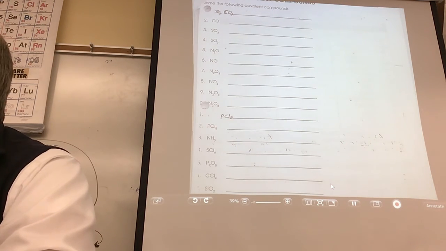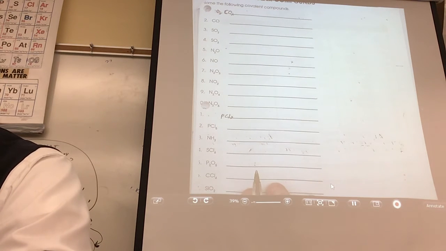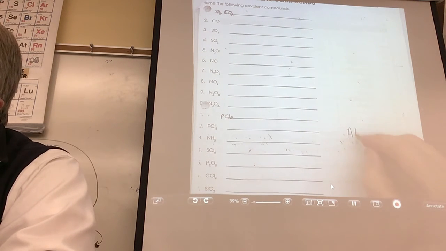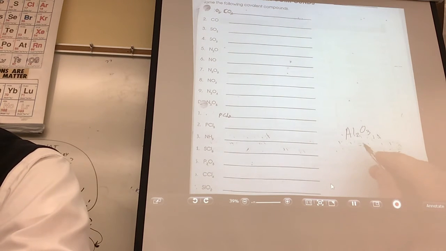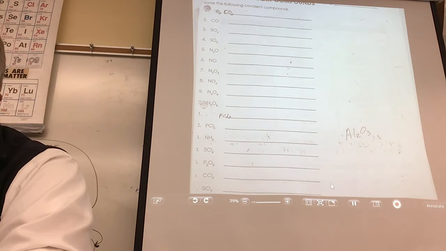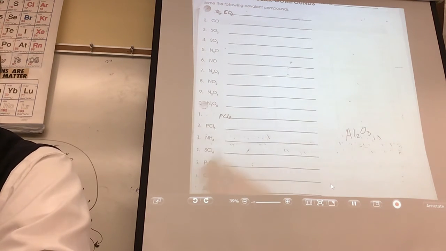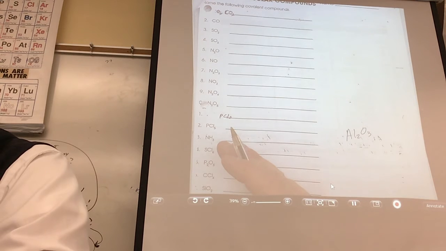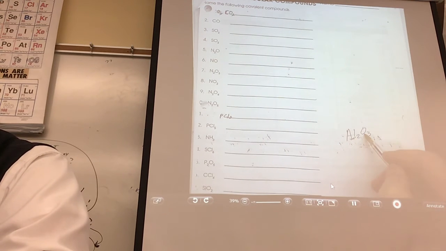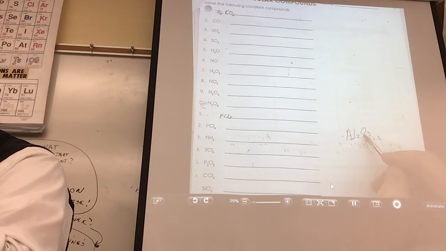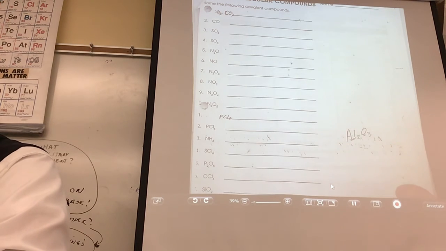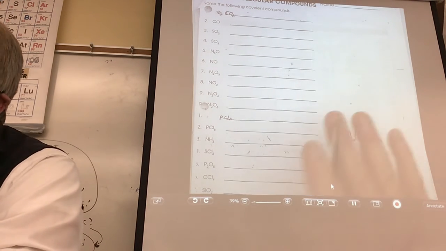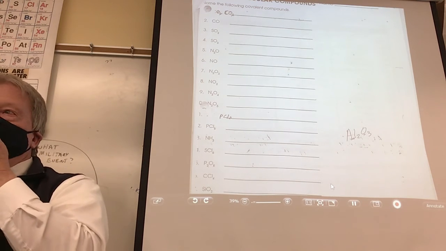Now, what bothers me a little bit, this is easy, wasn't it? I hope you do not do this. Do not tomorrow say don't do that. When is the only time you use prefixes? It's when it's two nonmetals. Isn't this a metal? Remember that? We're taking a lot of time on type 1, type 2, type 3. As a matter of fact, I don't look at the subscripts. Aluminum oxide.